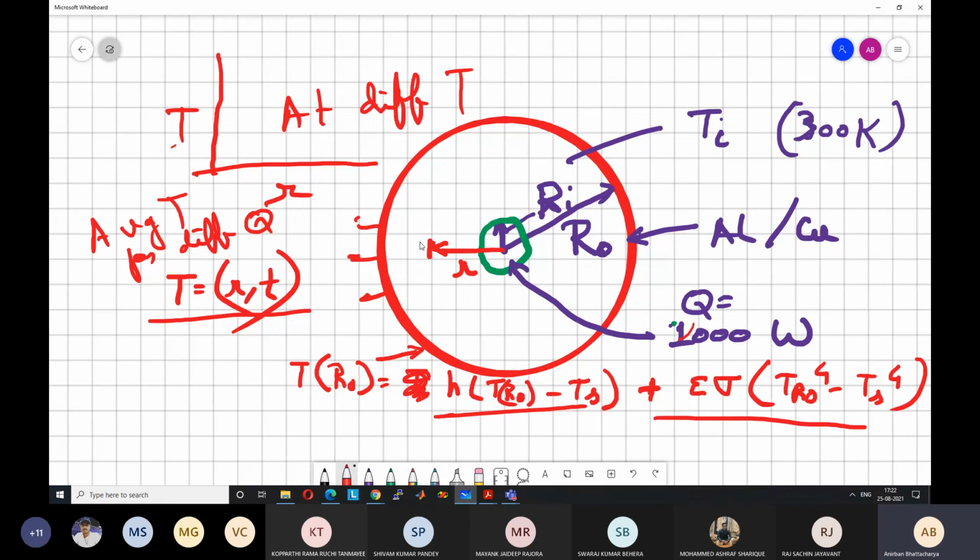Another thing you have to take notice of is that you will be solving it as a 1D problem. Although it's a 2D problem, you are solving it as a 1D problem. So you have to take care of how you are calculating the heat flux for individual grid points. Is it clear? Yes, sir.